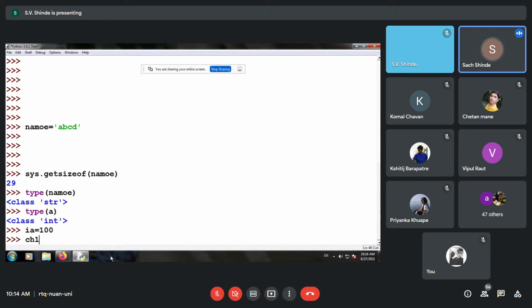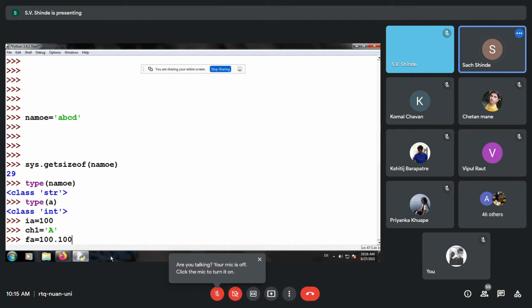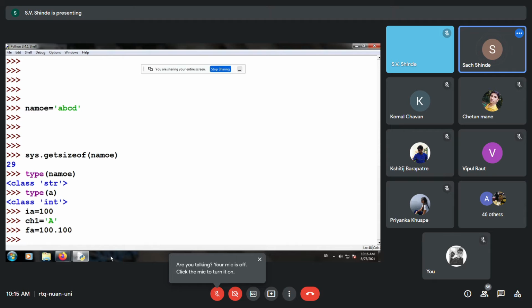This is your first character. We will take a simple character as A, and another, a floating point variable, FA, that is floating point number A, with the value 100.100.